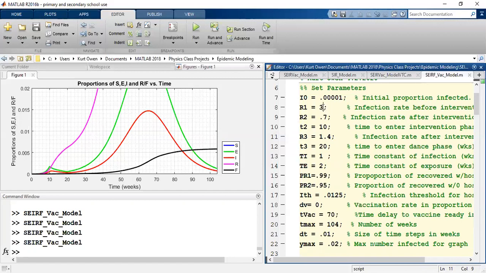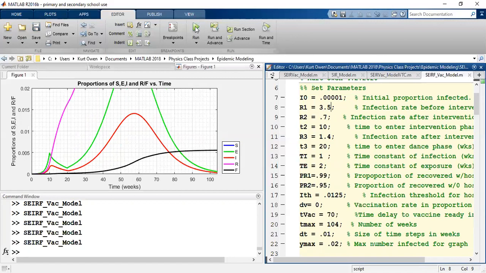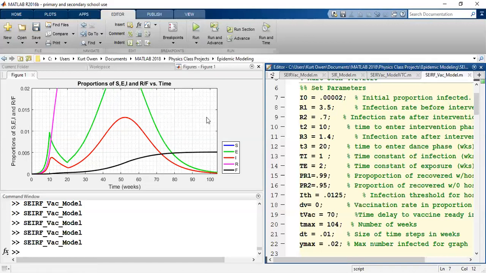I'm just going to make the R1 value a little bit bigger, make it 3.5, to see if we can get our first peak to be more realistic. Okay, that is making our first peak a little more realistic. Maybe it was a bigger original percentage of the population, so I'll bump that up a little bit. All right, and we can keep playing with the numbers until we get something that is a realistic model. But you don't want your second wave to get a lot higher than the first wave that we have now. Otherwise, we'll have more problems later.